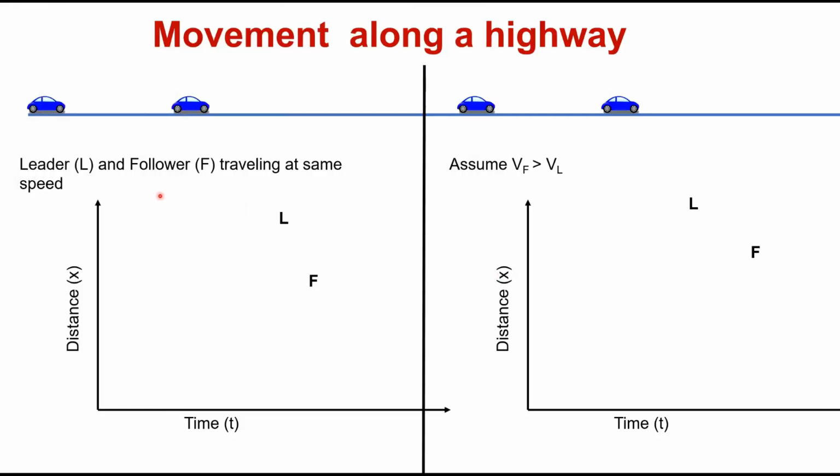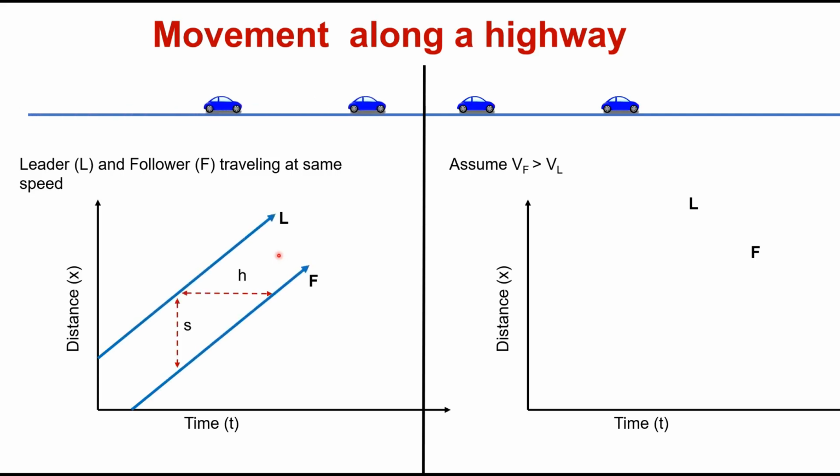Now, let us take a case on a highway where 2 cars are moving in the same direction. This is the leader and this is the follower. If you plot simultaneously the time-distance diagram of these 2 cars, leader and follower, it will be like this. When 2 cars are traveling at the same speed, these 2 lines will be parallel. And this is the time headway between the cars, this is the space headway between 2 cars, and will remain